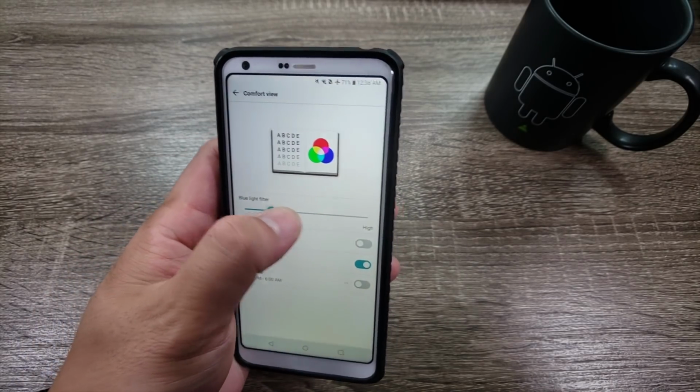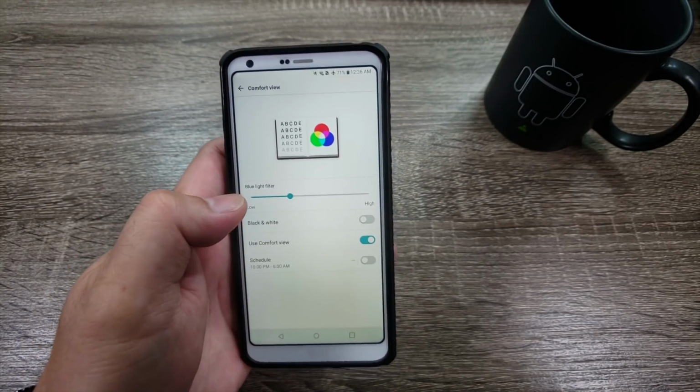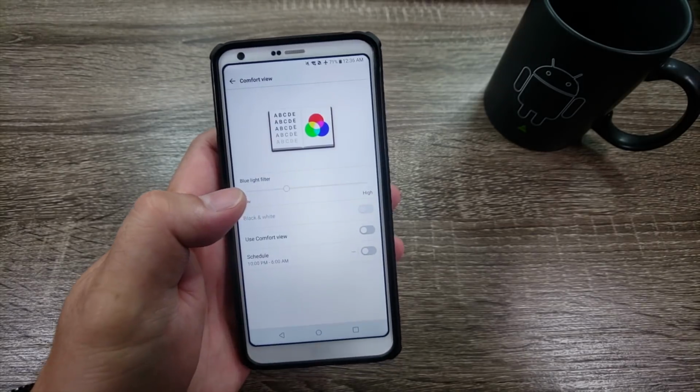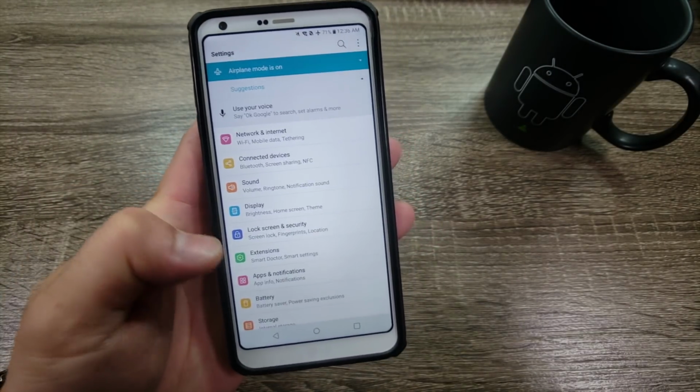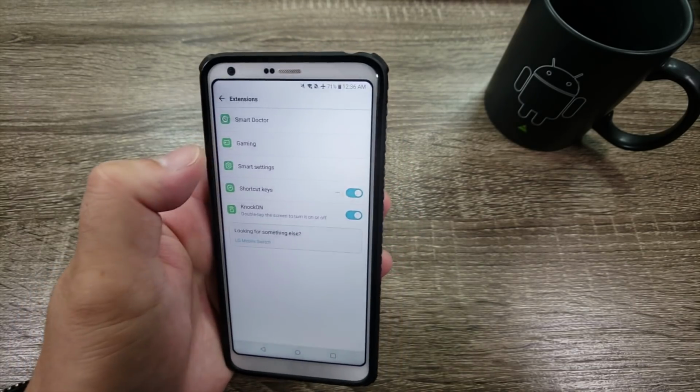And you can go ahead and change that to how warm or how cool you want that if you use night mode. I personally don't do it, but if you want to auto schedule it, that's where you can do it right now. And then next we can go into extensions, and I believe they've added this gaming mode here,